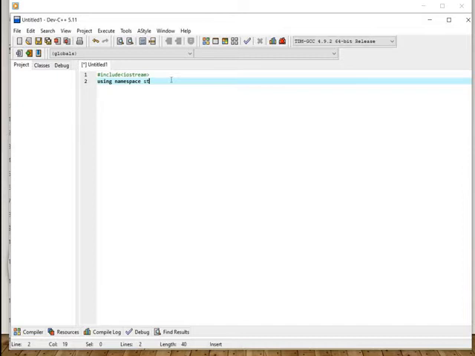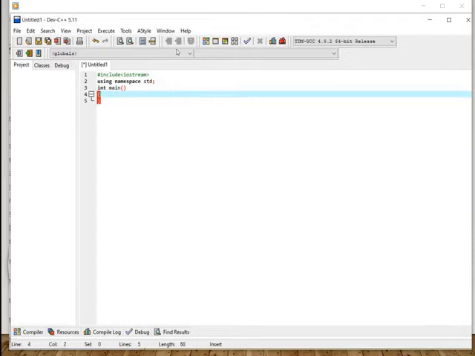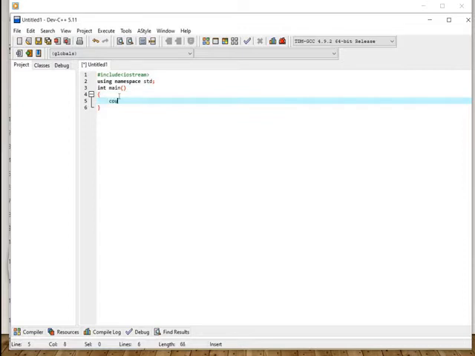Hash include and using namespace std, both lines are very important and mandatory for all the programs in your book. int main is said to be the main function, followed by an open curly brace and a close curly brace. Between the braces you have to type all the statements to be executed. I am using cout, double less than arrow. Within the double quotes I am typing welcome to C++. End with a semicolon. This is said to be a terminator operator. Each line needs a semicolon.